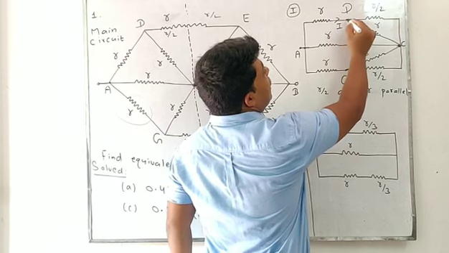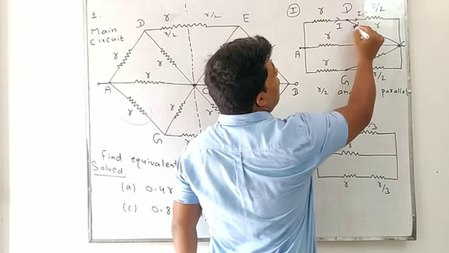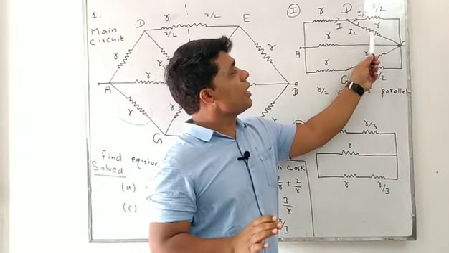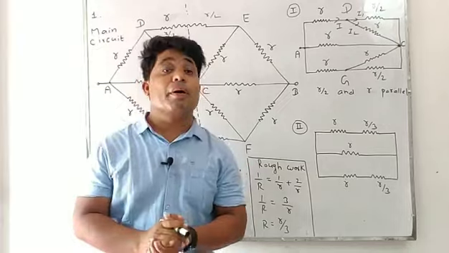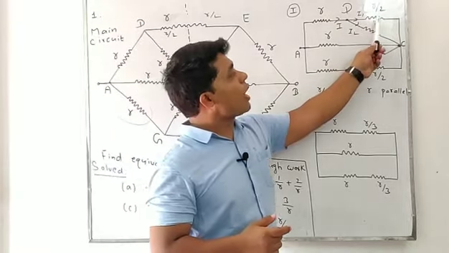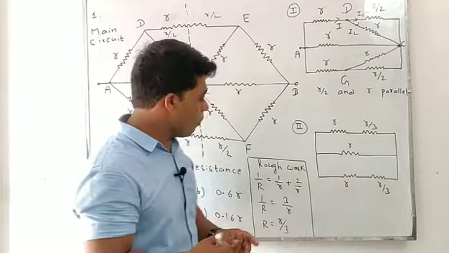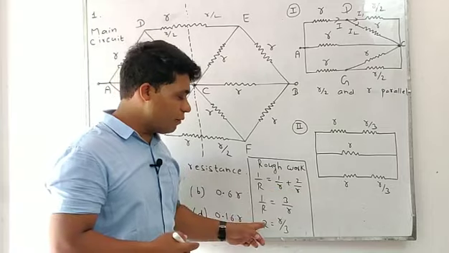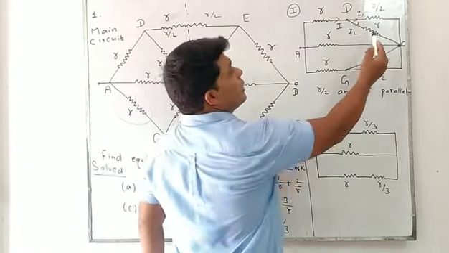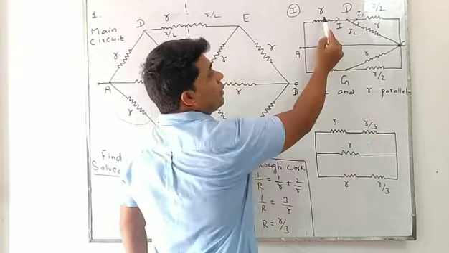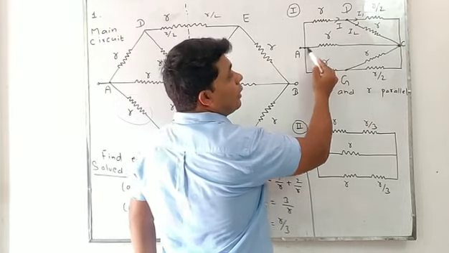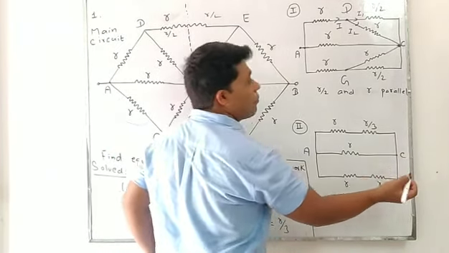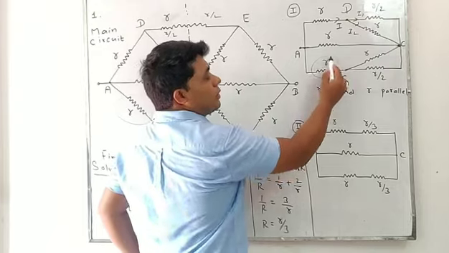When we flow the current, it divides in two parts, I1 and I2. It means both resistances have different currents, and different currents mean parallel combination. So R by 2 and R are in parallel, and we know the formula 1 upon R1 plus 1 upon R2. When we add, we get R by 3. This becomes R by 3. This is R, A and C, that is R. This is point A, and that is point C. And finally, this is R.